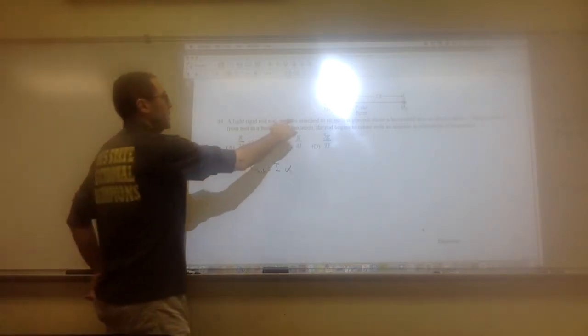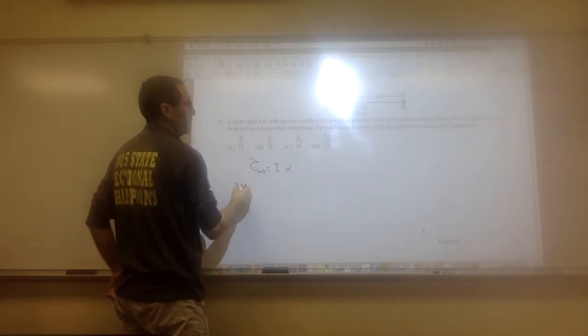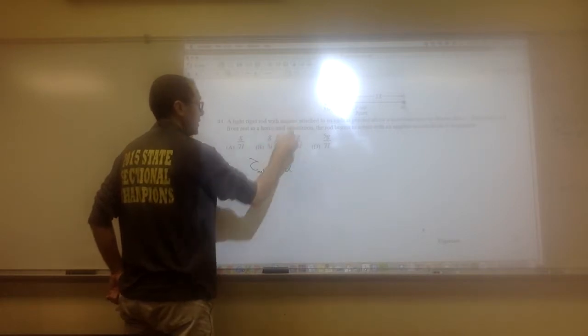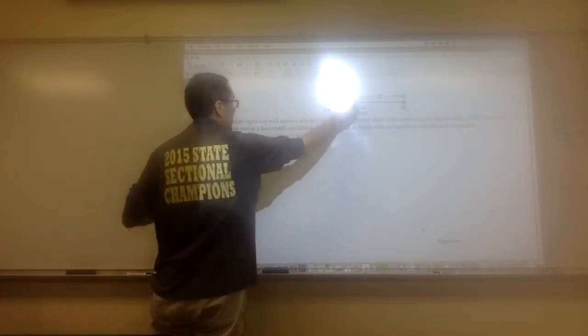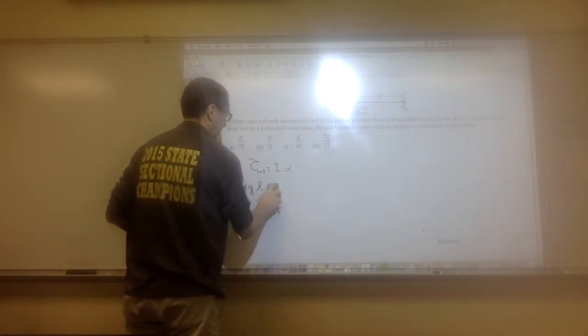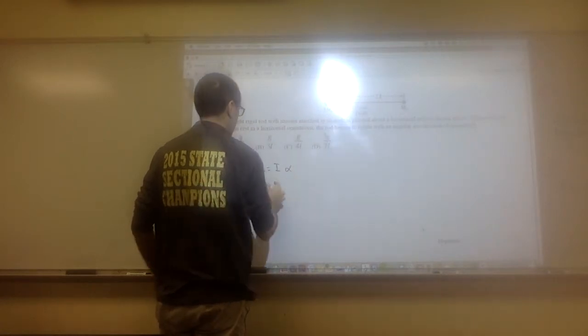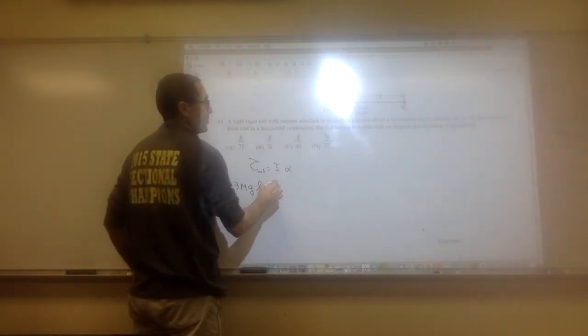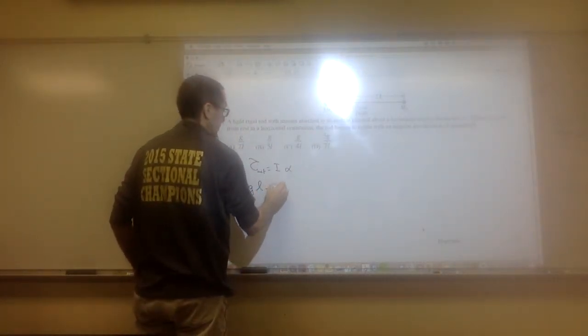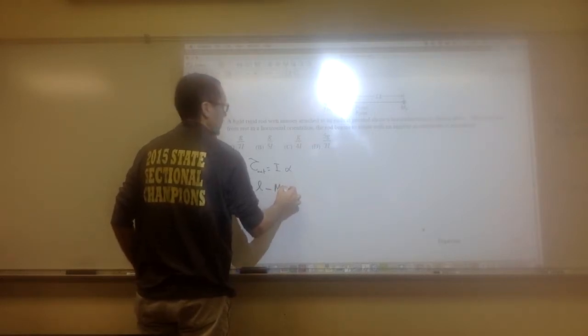Yeah, so the torque by this 3m is 3m, I'll just do m instead of mo, g times how far it is from the axis of rotation or the pivot point. This one gives us a counterclockwise torque. The other one gives us clockwise torque, so we have to subtract that. So that's going to be mg times 2L